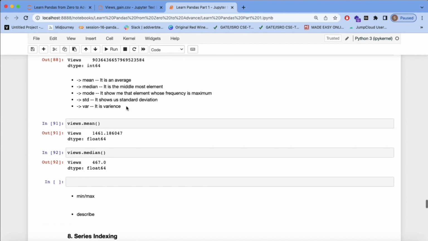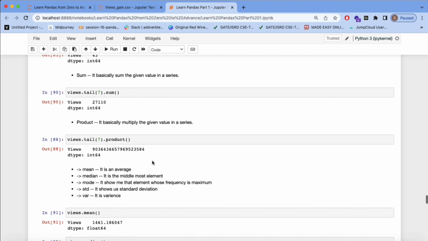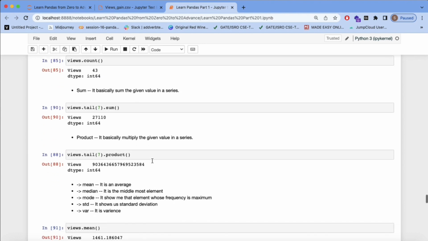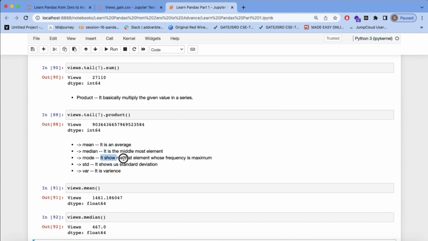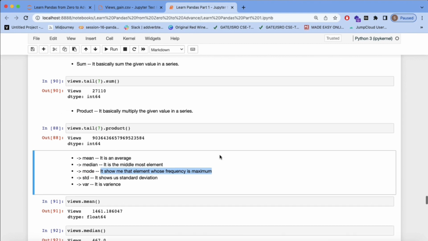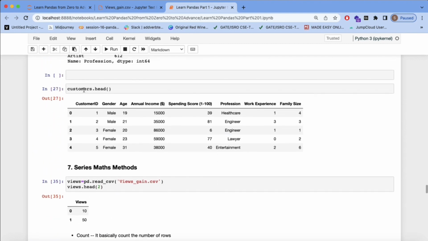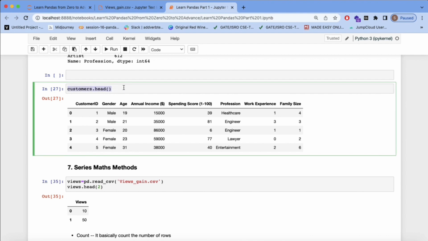Next we are going to see the mode. Mode basically gives the element that has the maximum frequency. I will explain this with the help of this data set, where there are so many rows and each customer has a different profession. If I want to know which profession has the maximum people, how can you find it? You simply do